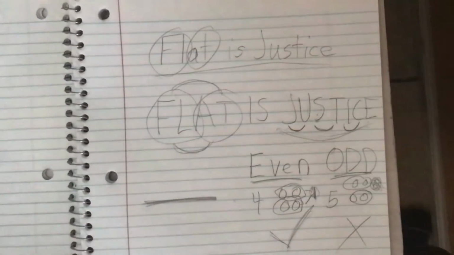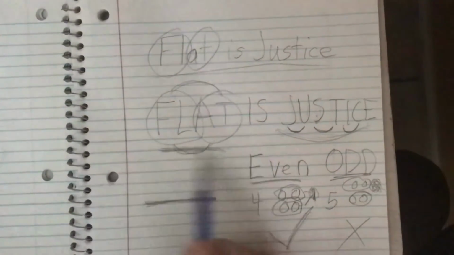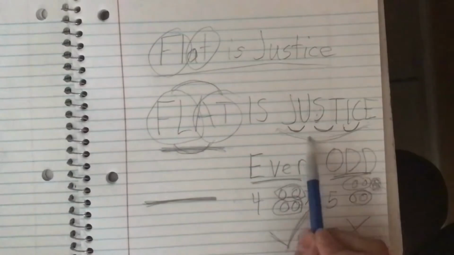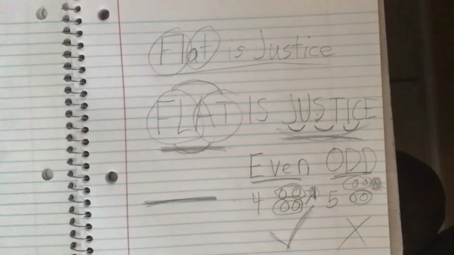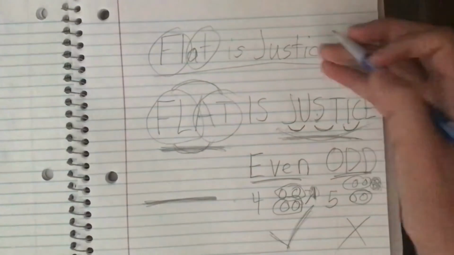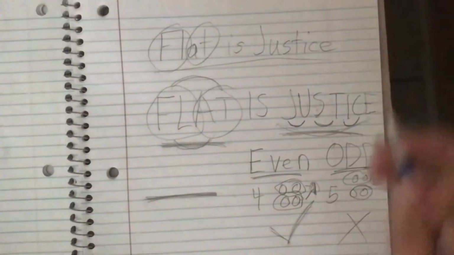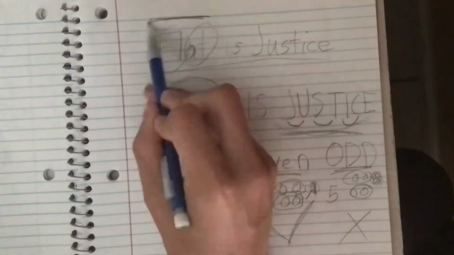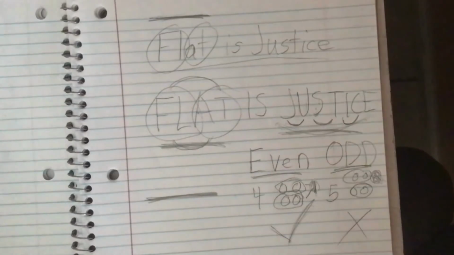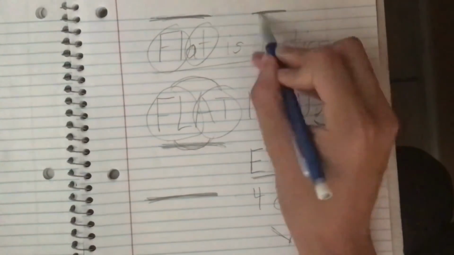But what does this mean? It means that while flat may be even, it's not justice, because justice contradicts its own meaning if the word itself is not justice. But now let's take the lowercase form. It's the same number of letters, but if we look deeper, flat chests are lines. But if we were to draw a curved chest, it would look like this.